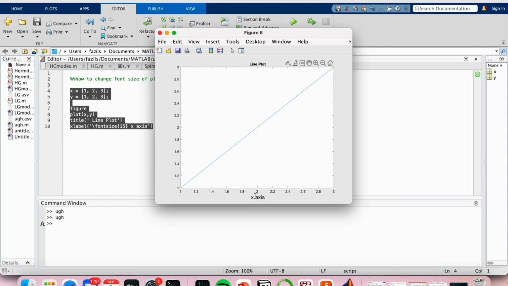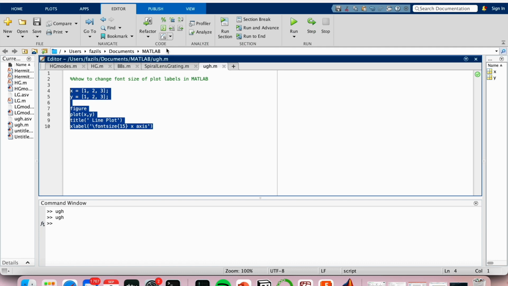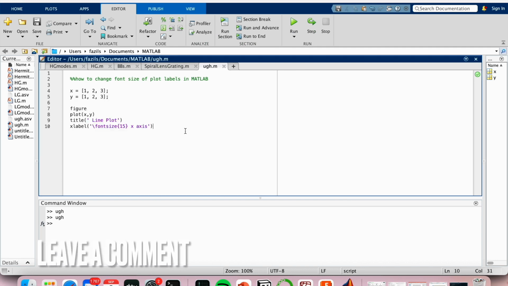as you can see, my font size is slightly larger than what it was. It's also larger than the actual title, so you can obviously also change the font size of the title of your plot. And yeah, that is basically it. If you wanted to know how to change the font size of plot labels in MATLAB, this is the easiest way I know how,